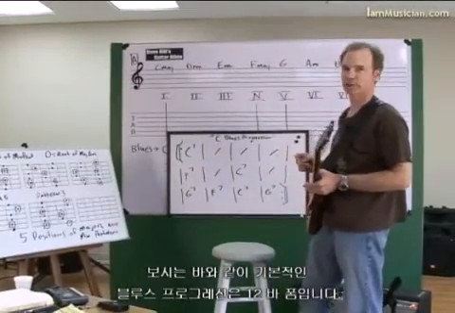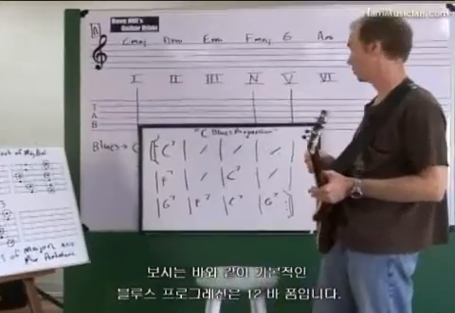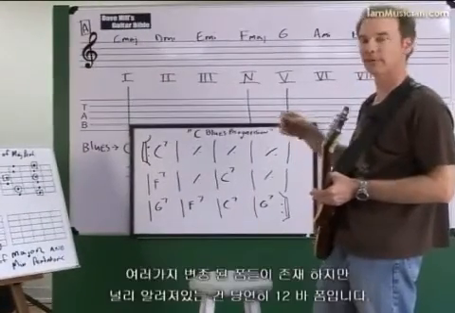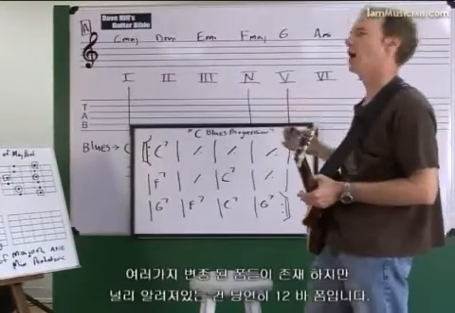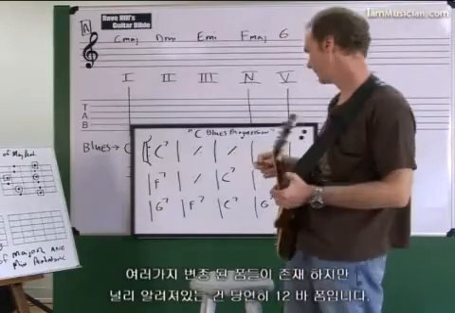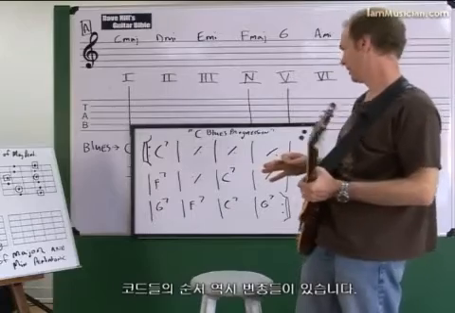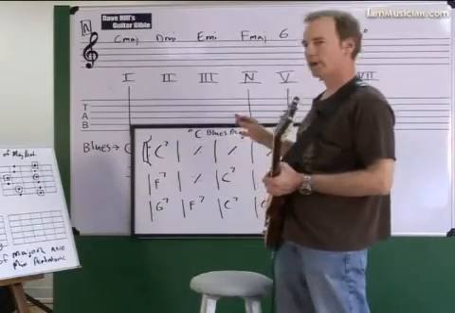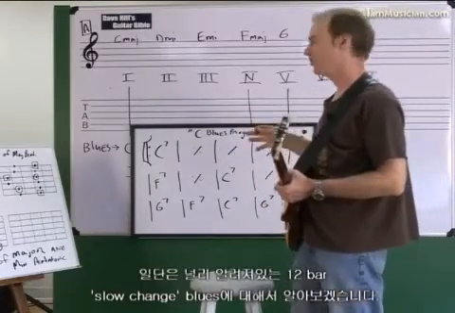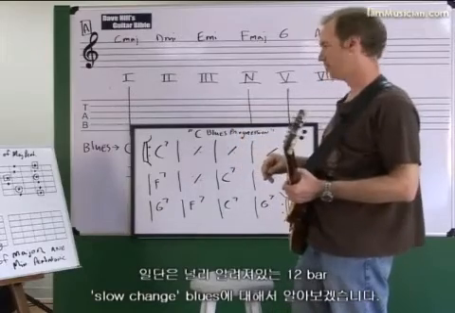So a traditional blues progression is a 12-bar form. There are variations of blues progressions, but the most common is definitely a 12-bar form. And the order of the chords also has some variation. But let's start off with one of the most common ones that we can start off playing, the 12-bar